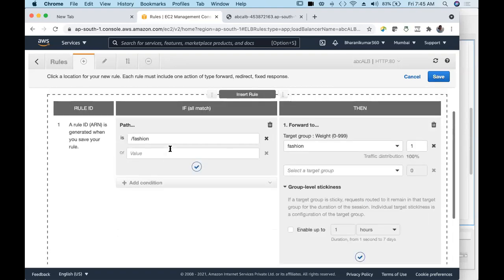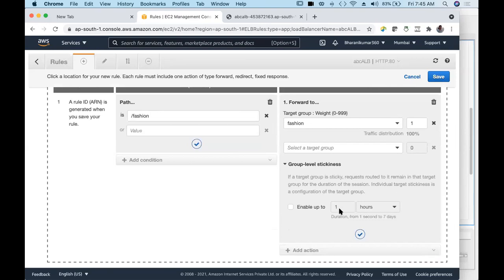Suppose there are 5 servers in this target group called fashion, and he has connected to server number 2 and disconnected, and he's in the middle of his payment. If he tries to access this slash fashion path within 1 hour, then his request has to be routed to the same server.